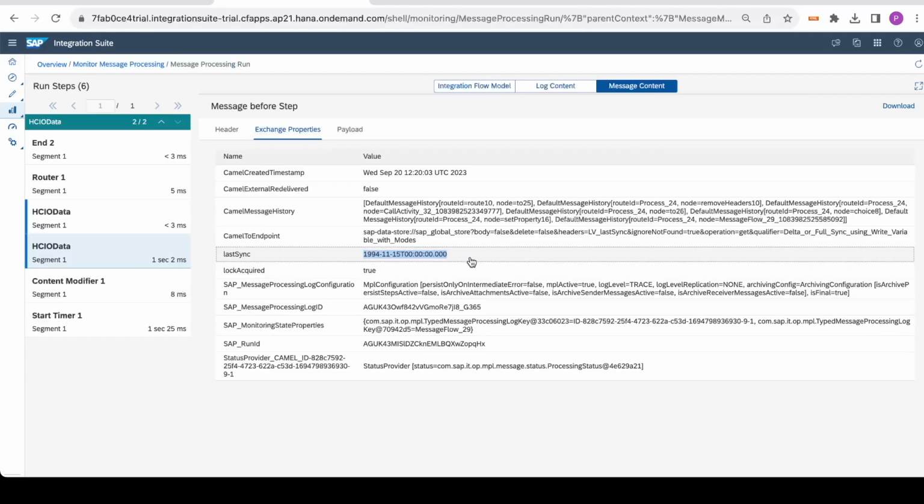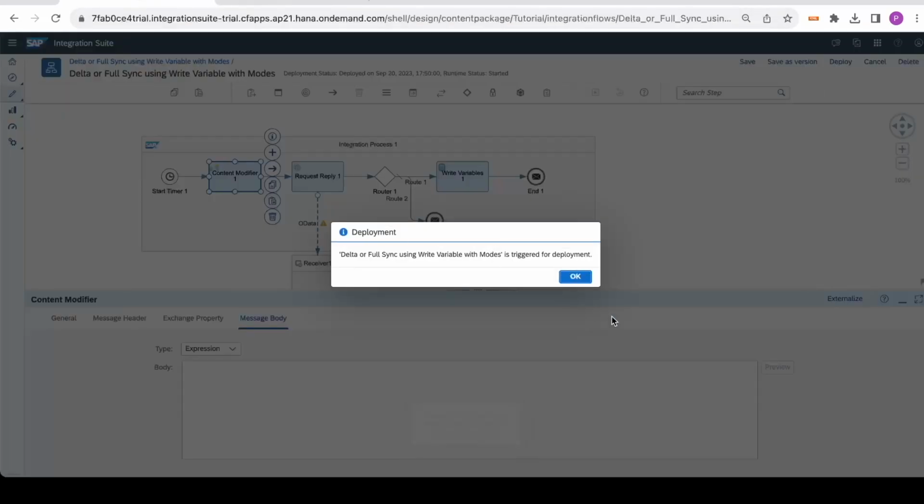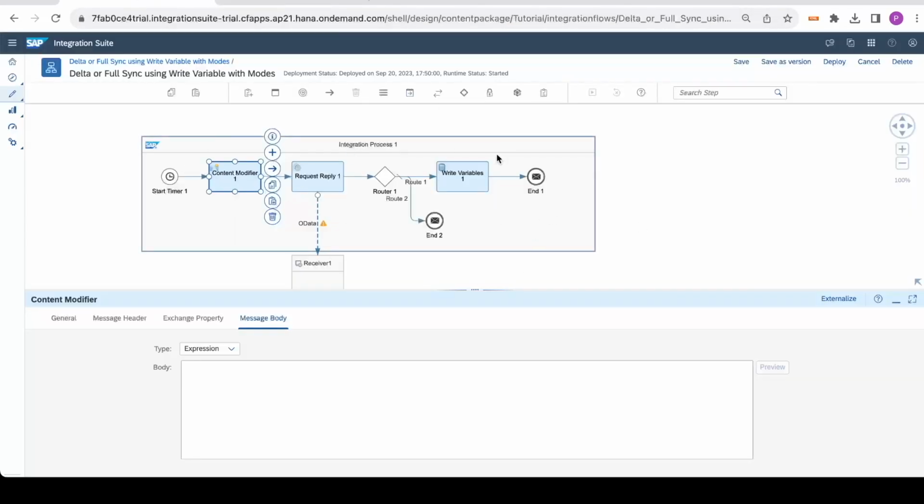So yeah, we have configured this part where we are saving our last sync date time, or what we can say, the latest update or latest modified date time